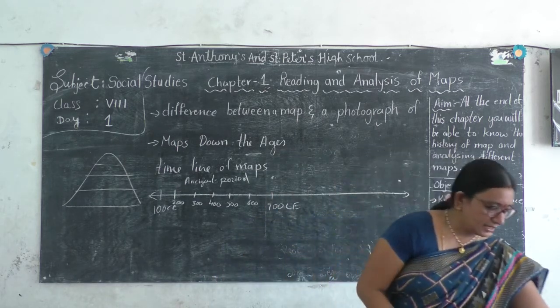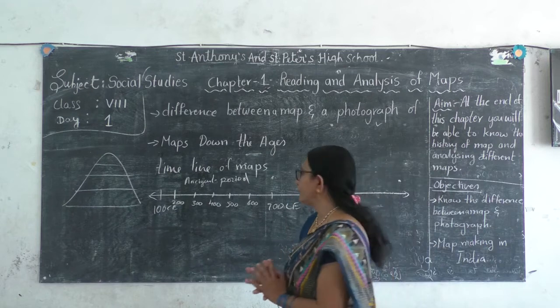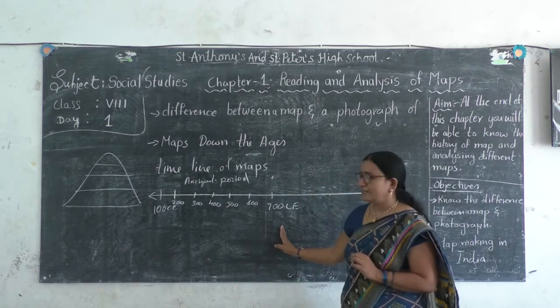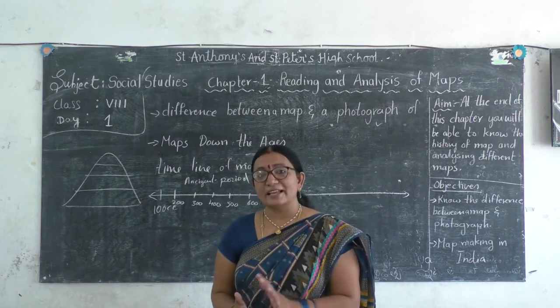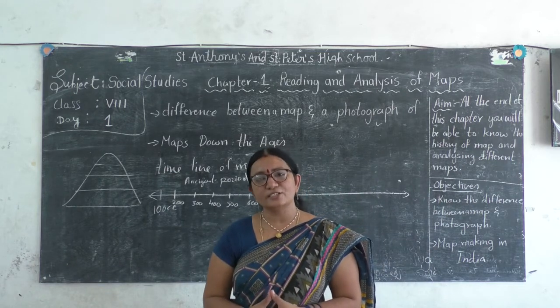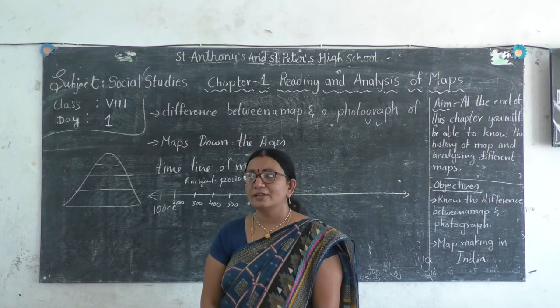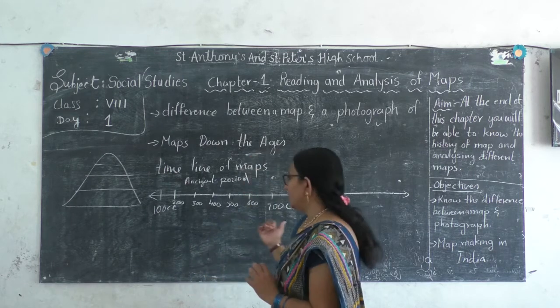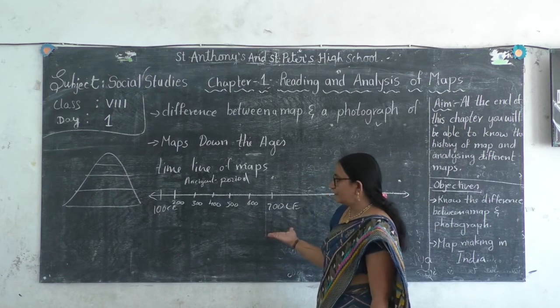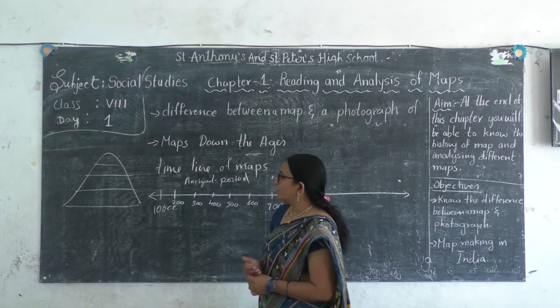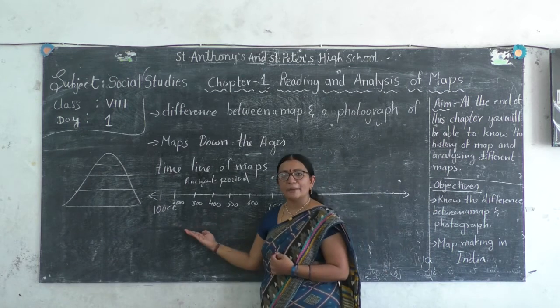So this is how we get one part of the information up to 700 CE. And we will continue this in the next class, how further studies of the maps help us to find the information. Now you are going to write one part of the information, that is, you are going to write how the maps were designed.